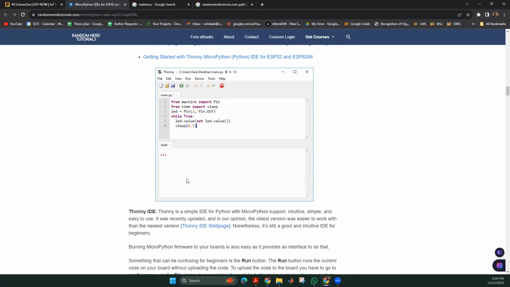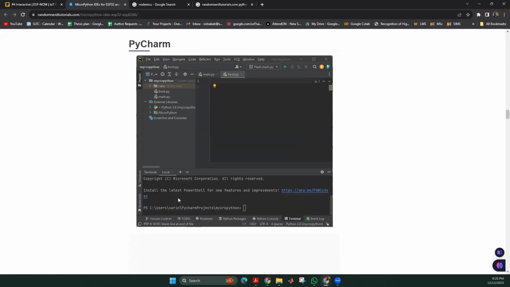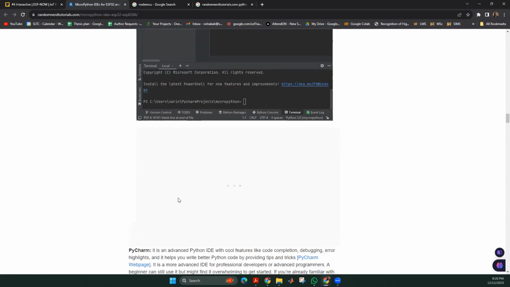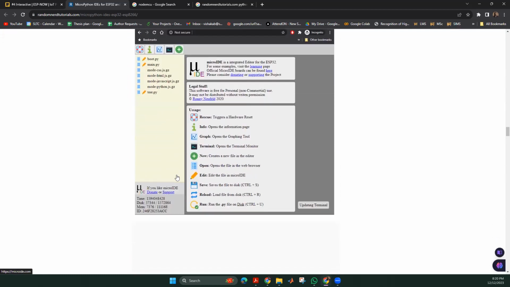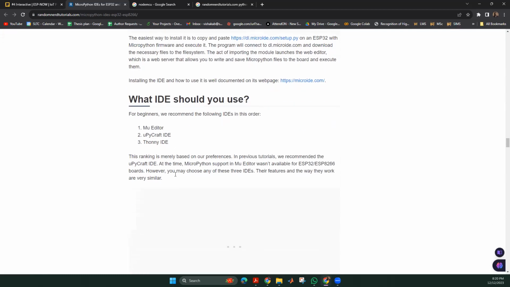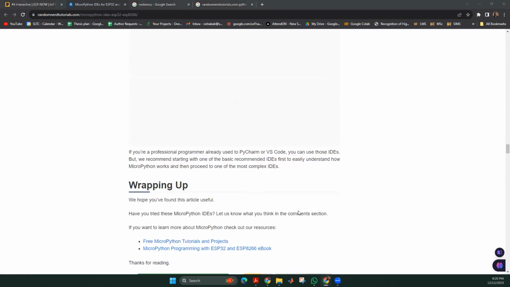With whatever errors you are faced with, you can try to find the solution by searching in the internet, and also the manuals regarding that IDE. You can use PyCharm, you can use VS Code, you can use Micro IDE. So you need to install these softwares and you can select the type of IDE that you want to use.